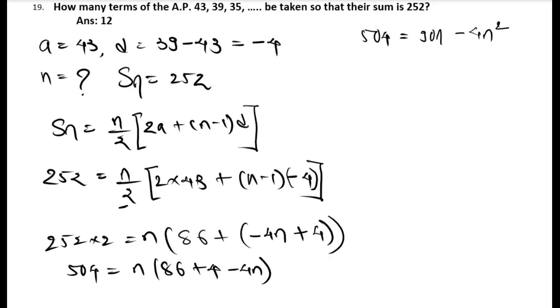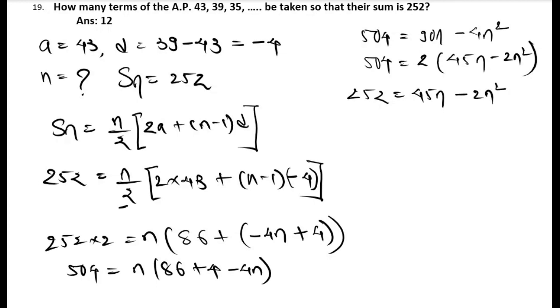So I think you can take out something common and simplify this. 504 is equal to, if I take out 2 common, 45n minus 2n square. And 2 will get divided over here, so it will become 252 is equal to 45n minus 2n square,